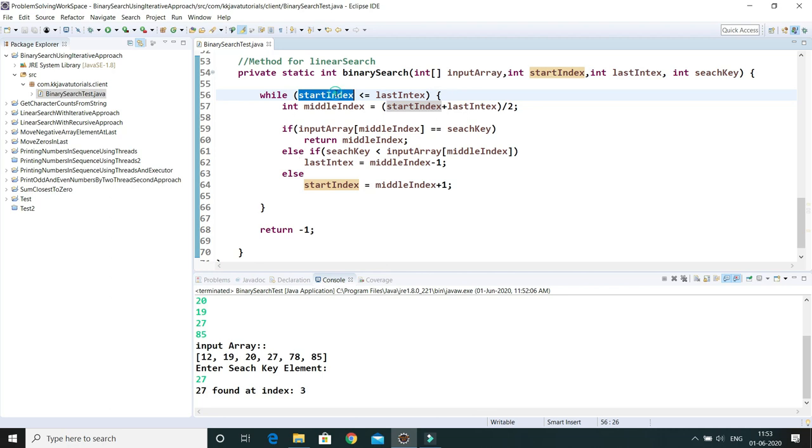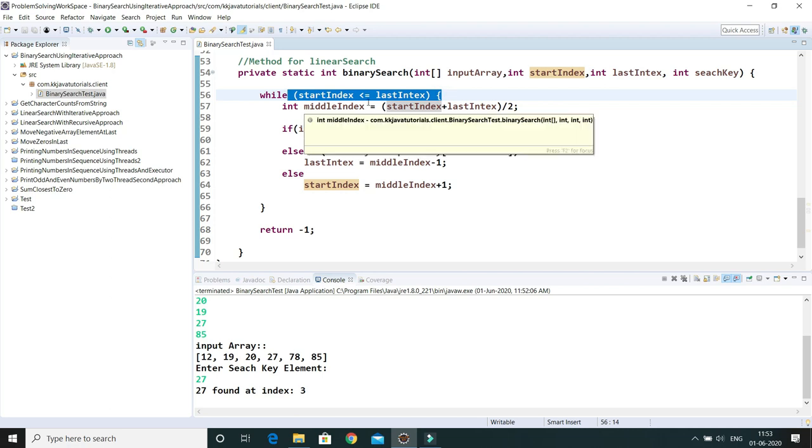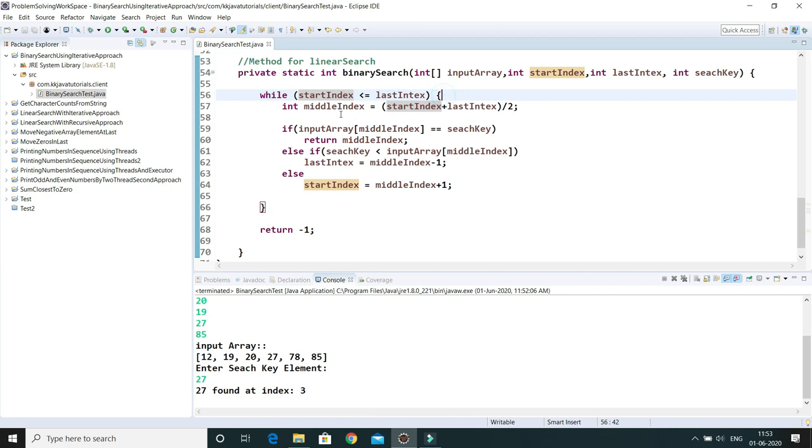So first we check the condition: start index less than or equal to last index. After that, we need to get the middle index: first index plus last index, divided by 2. In that way we will get the middle element.